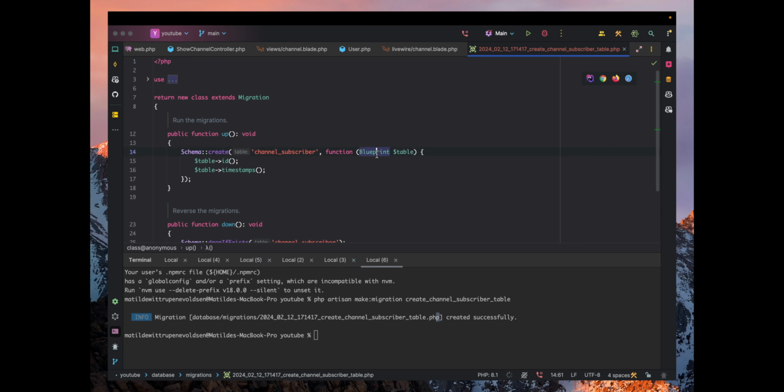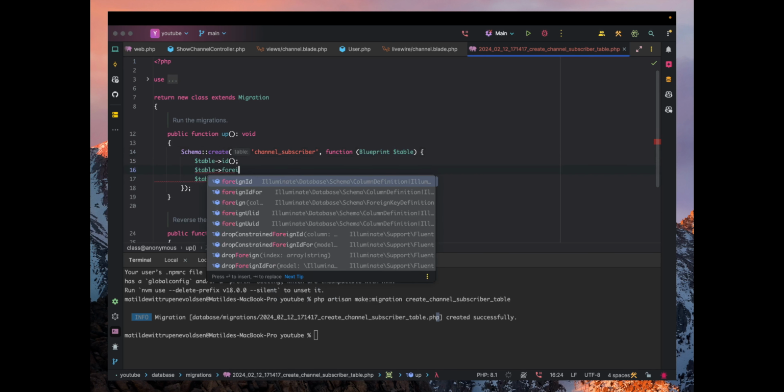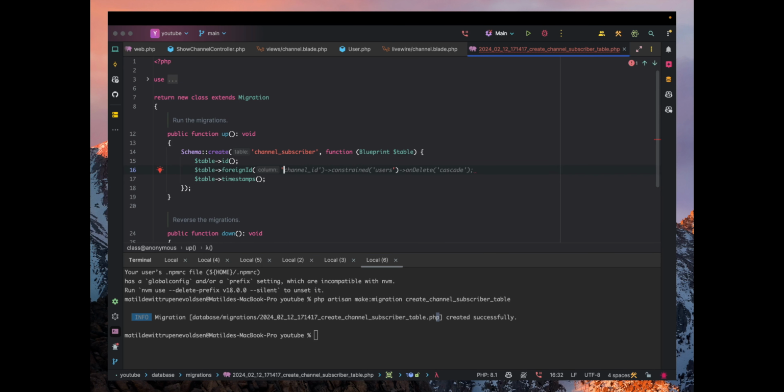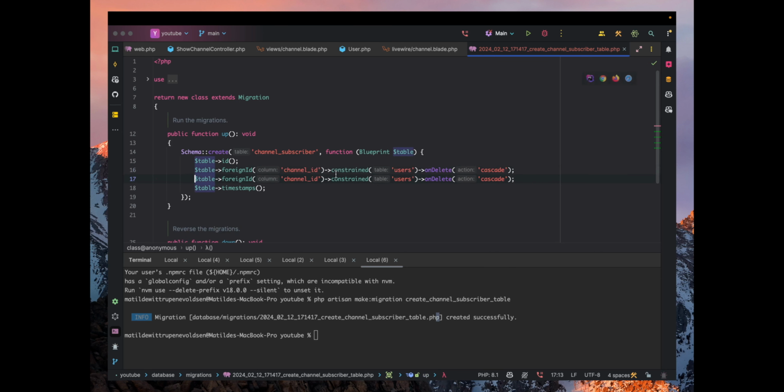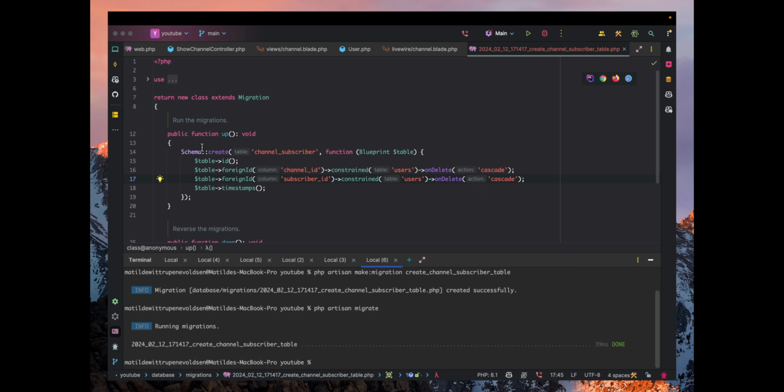In here, we just need a few foreign IDs. So we need a foreign ID in here, which is going to be the channel ID, which is essentially the users, cascaded on delete. And then the same thing for the subscriber ID, which again is going to be related to the users. And that's basically it. That's the way we count the subscribers. So basically, the channel ID is the person the user subscribed to, and the subscriber ID is the user who subscribed. So I'm migrating this,